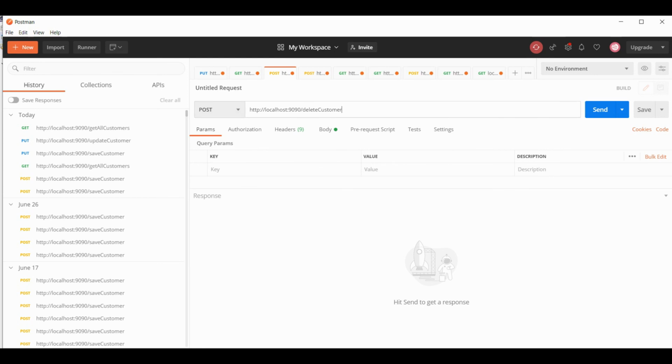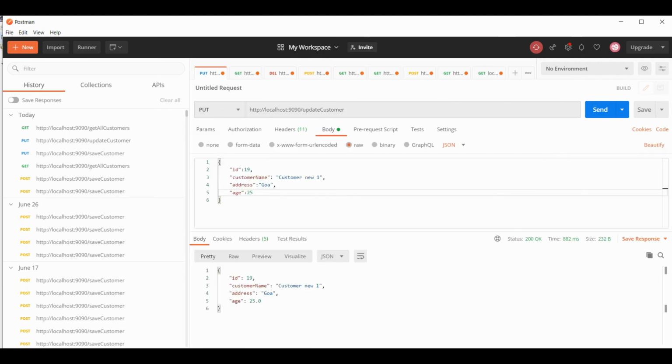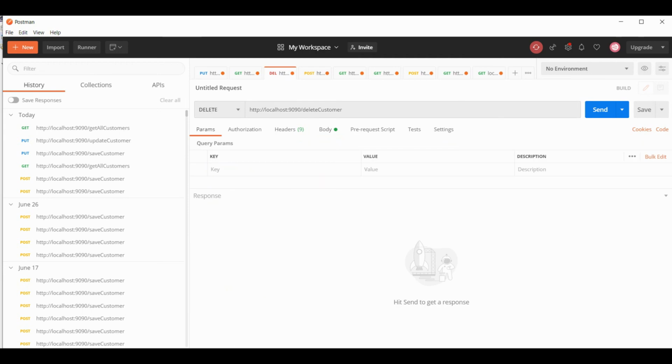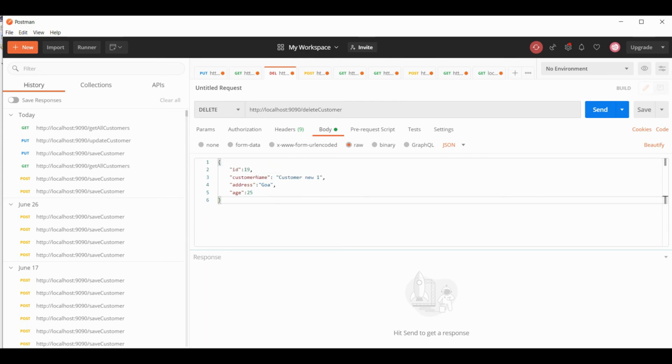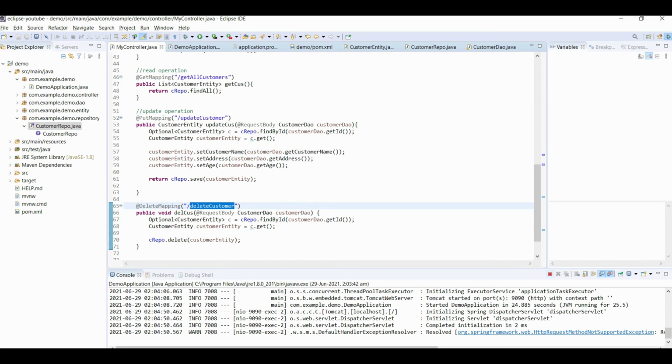Delete customer, we will convert it into a delete mapping, and now we have to pass our entity. Mainly we have to give the ID, because we are only using the ID there. So let me copy the same data here in delete mapping. Let us call our API and test. But before calling delete mapping we have to run our project again.